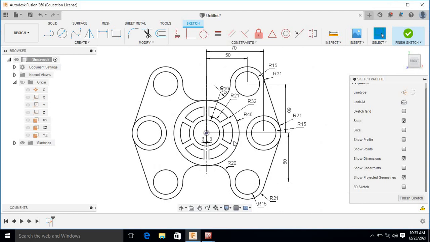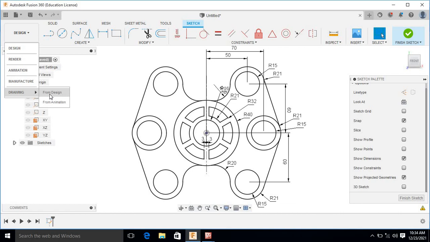Now we want this sketch on an A3 sheet. For that purpose, we can click on this Design, go to Drawing, and here is the option From Design. Actually this option is used to draw the front view, top view, side view of a 3D model, but here we will use this option just to keep that image on the sheet.